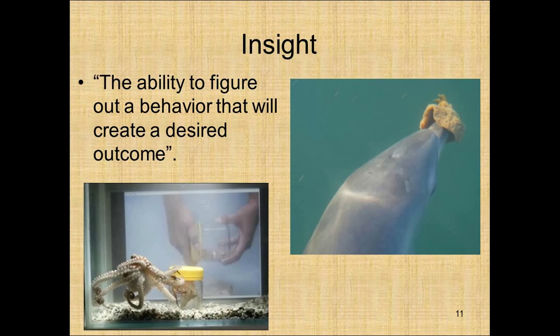The dolphins, this is a single pod, a single group of dolphins that have learned to use a sponge to protect their nose. What happens is dolphins dig through the seabed to look for food hidden within the rocks. Doing so actually cuts up their noses. In this particular group, they've learned that if they pull a sponge off and then hold it over their nose as they dig through the seabed, they can avoid getting those cuts.